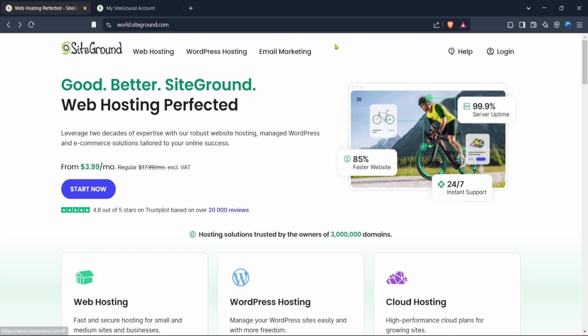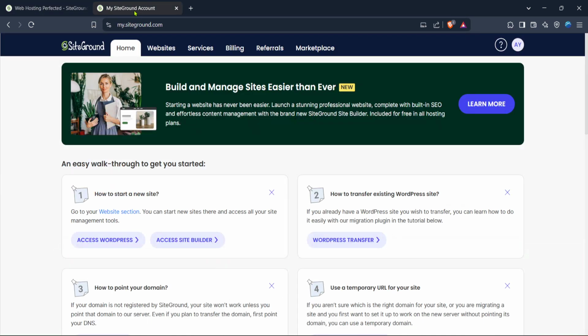When you click login, you'll be prompted to enter your SiteGround account details. Make sure you have these on hand. Logging in will take you to your main account dashboard. From here, head over to the section labeled My SiteGround Account. This area is essentially your central hub where you can manage all your websites and access various tools offered by